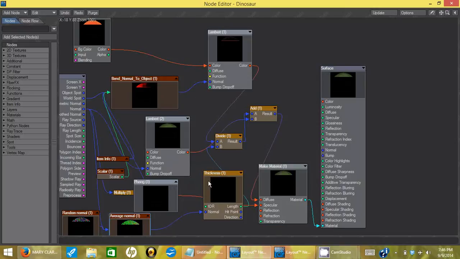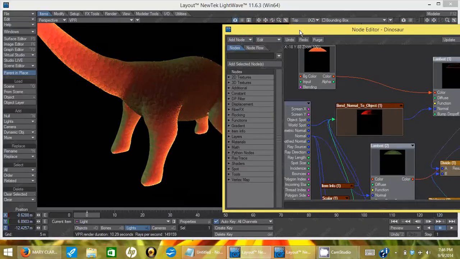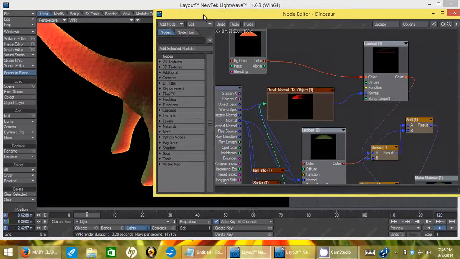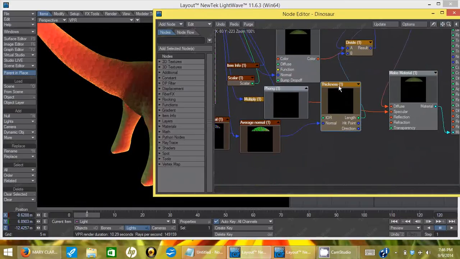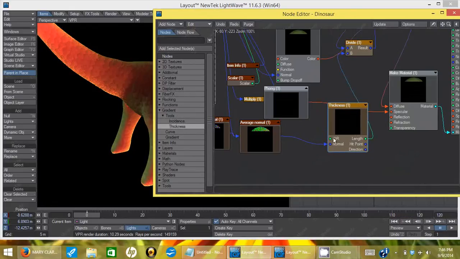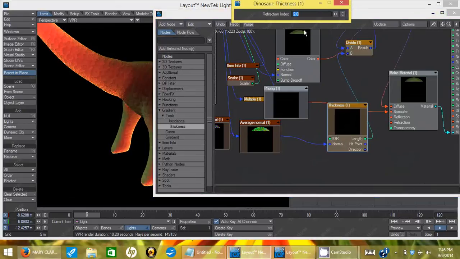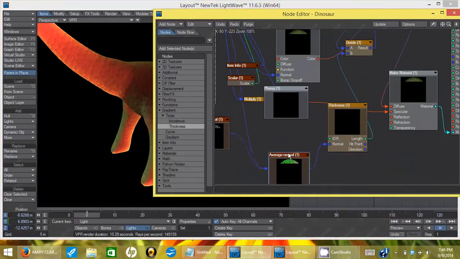Alright, the main functional part of this, without getting lost in too much detail, is this thickness, which is, I believe, a tool under Raytrace perhaps, or maybe under gradients. Let's see. Tools, yes, thickness. Under gradients, tools, and thickness, you'll find this, and it takes two parameters. One is the normal, and one is the index of refraction. I believe I set a refractive index to 2 as a constant,